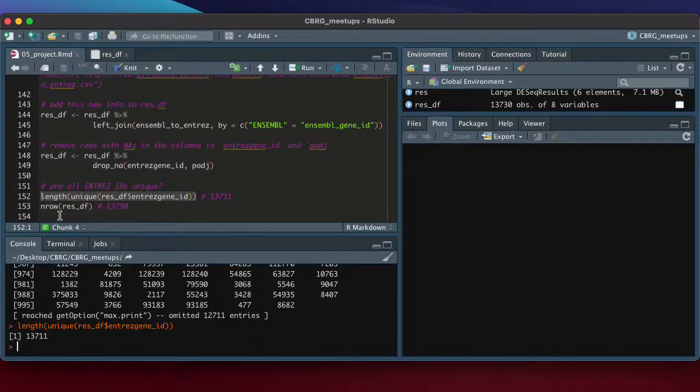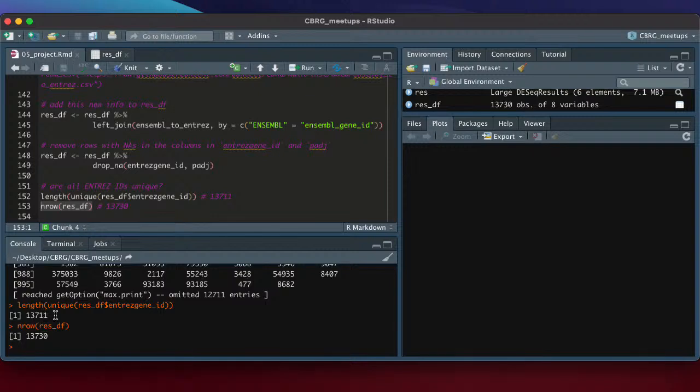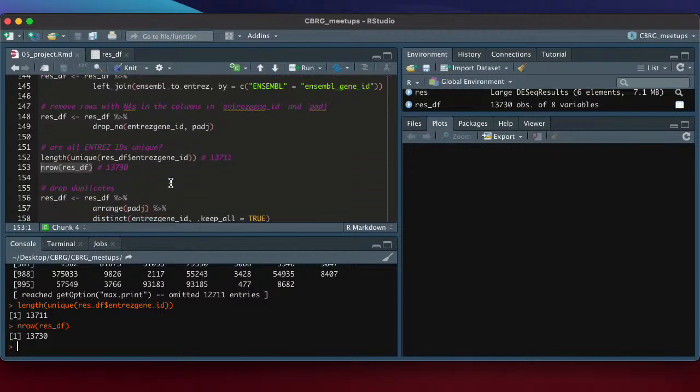Now, if I want to compare that to the total number of entree IDs that are in my data frame, I can just do nrow, so the number of rows, because I know that there are no missing values for entree ID because I got rid of those in the previous line. So if I run that here, this nrow, I now see that I have another number, and it's very similar to the first one, but it's not identical. So that means there are at least a few duplicates or maybe triplicates in my data frame, and I want to get rid of them.